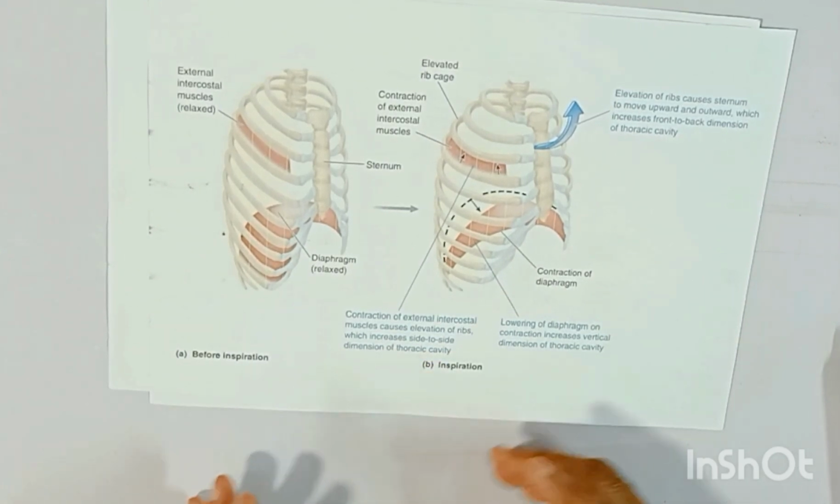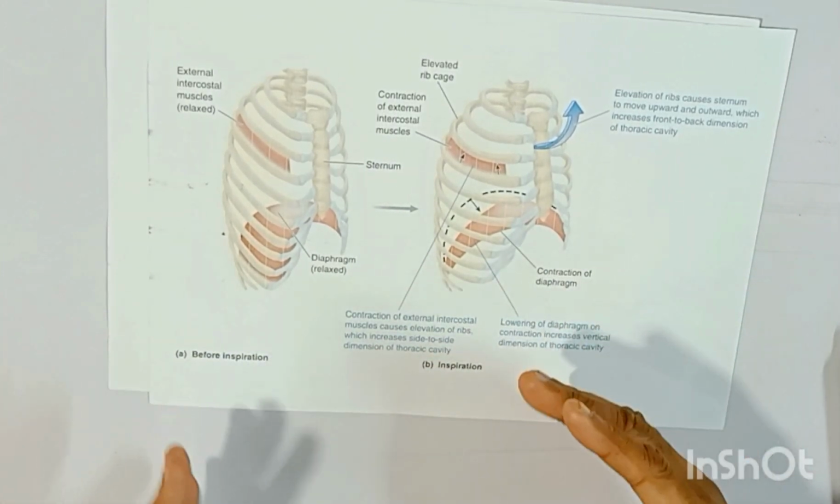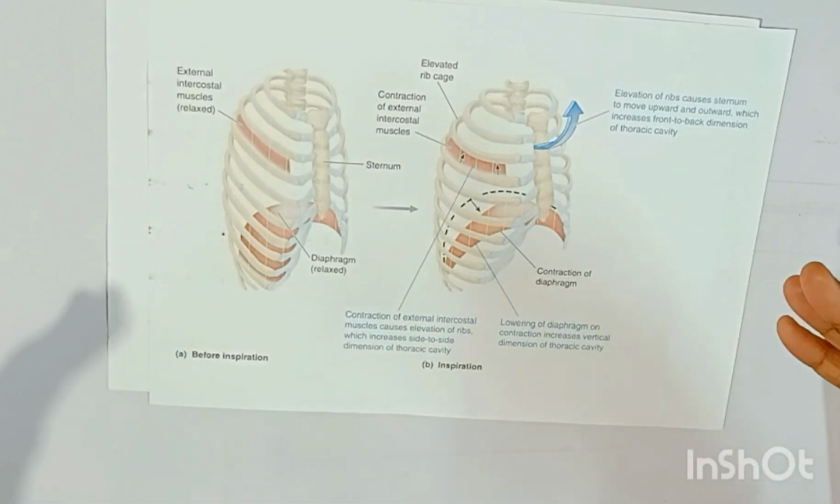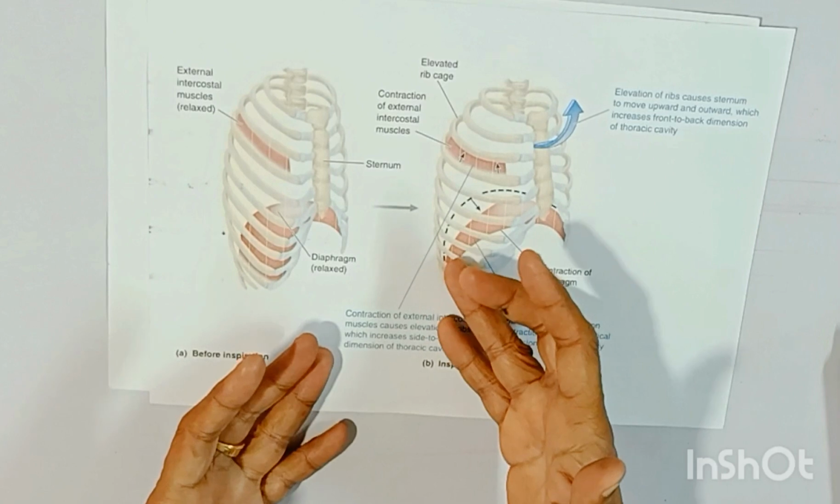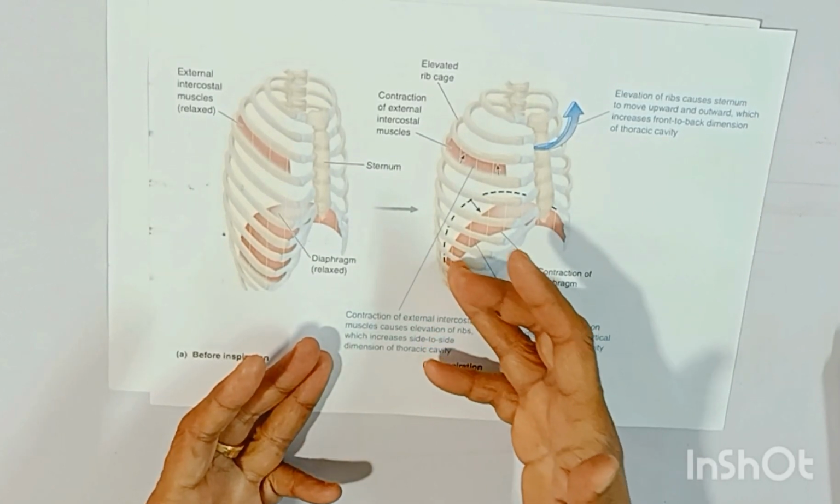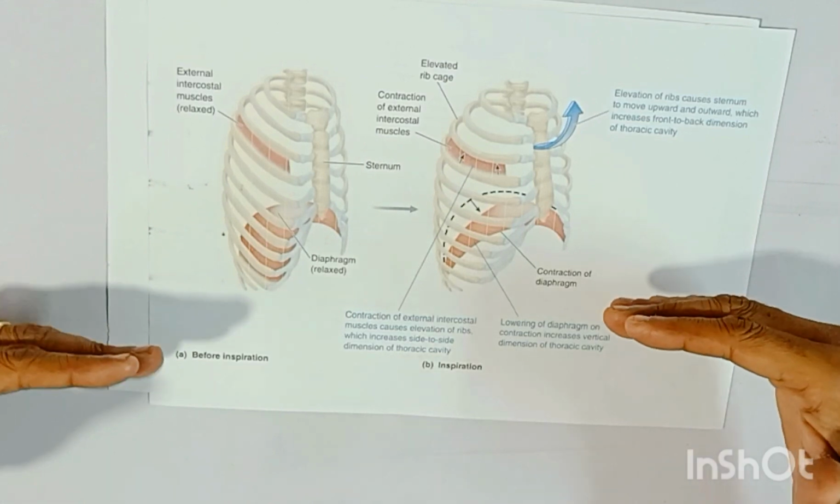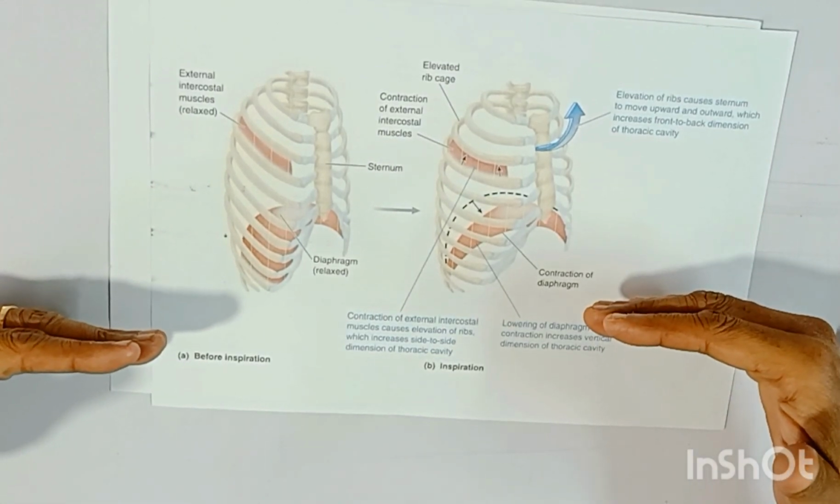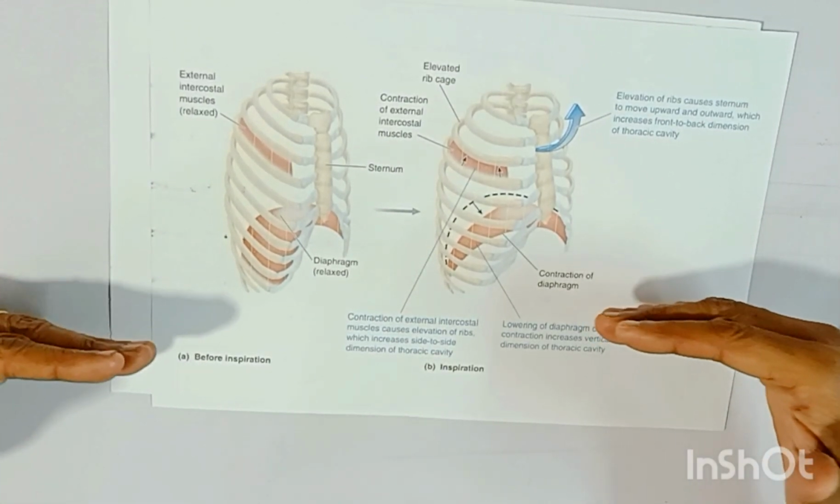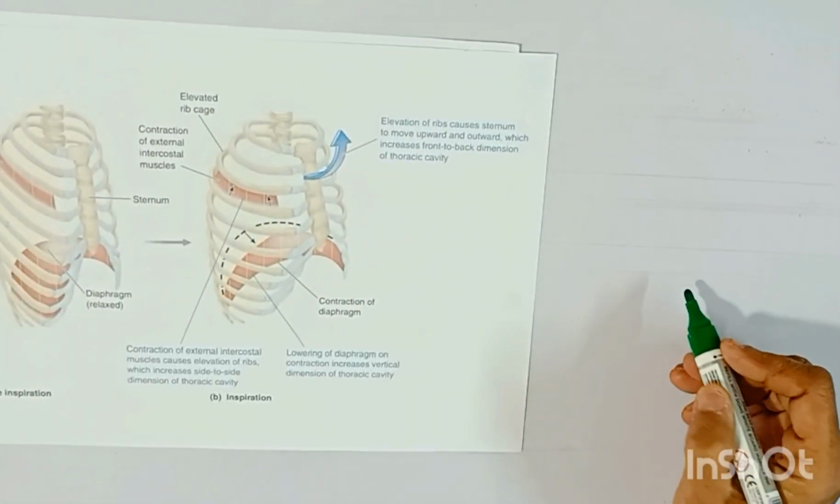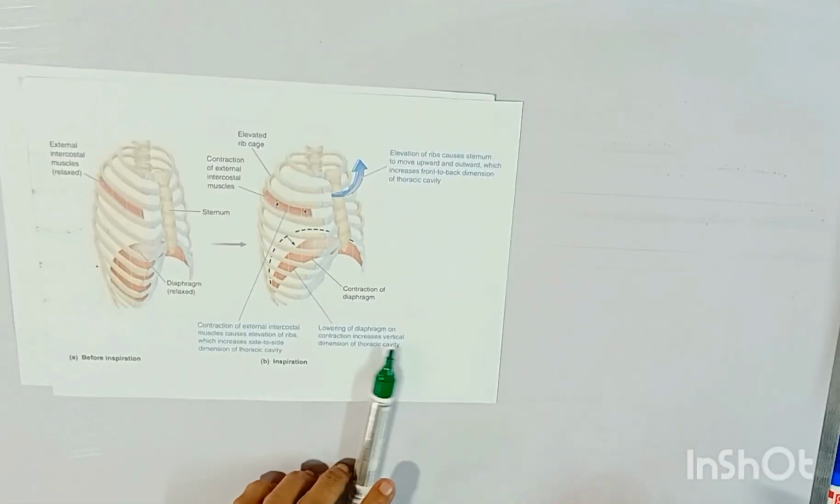So that is not in this picture. There is an increase in the lateral dimensions also, while the external intercostal muscles pull up the lower ribs. The lower ribs are like floating. They are like handles, like pump handles. So if I draw like this,